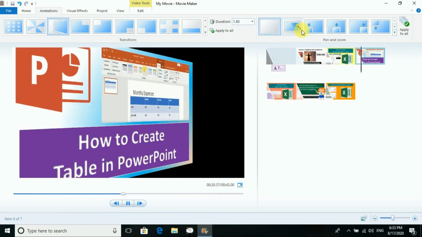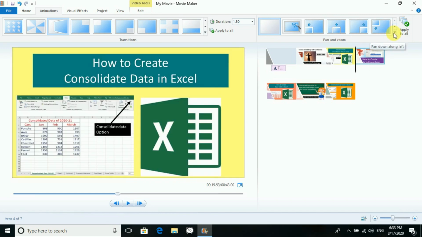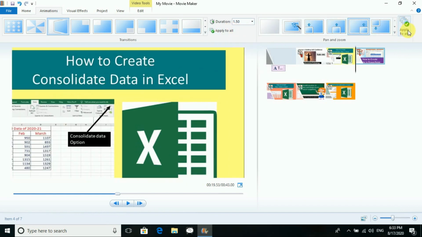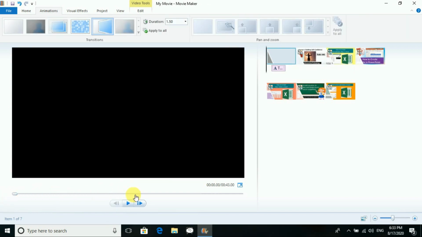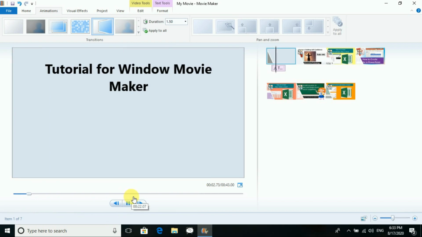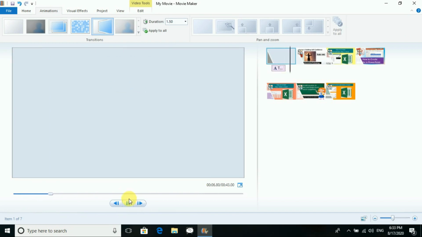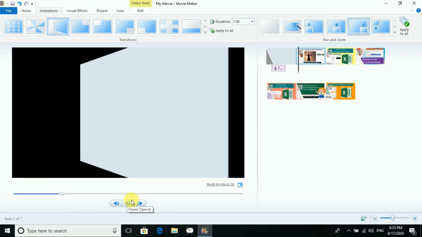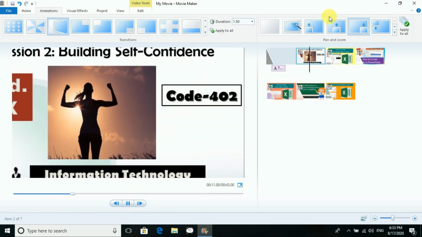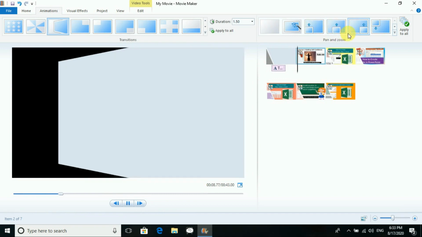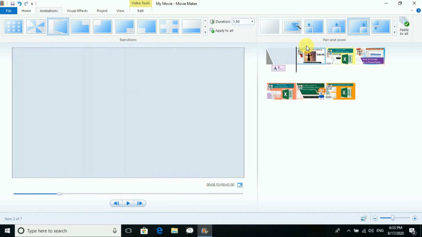Now with that, you have different options over here. I will just click on apply to all and play it again. You can see over here that different effects are available, right?